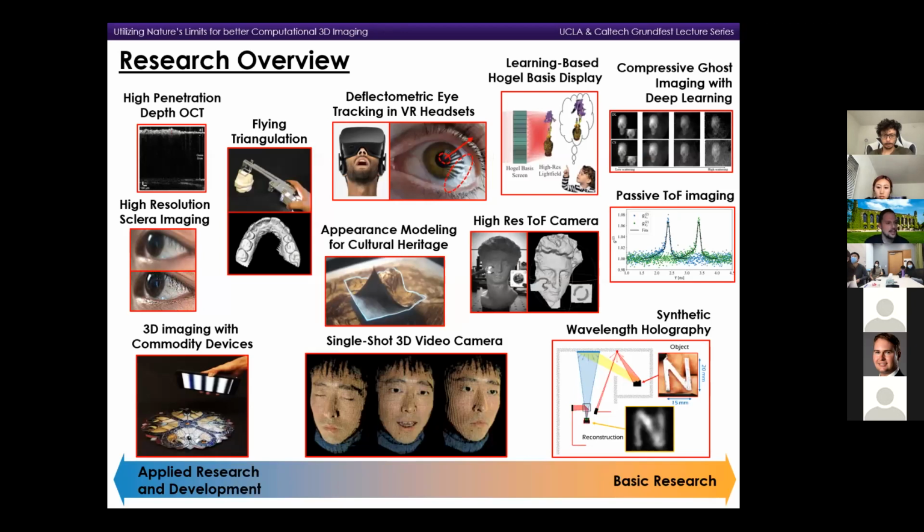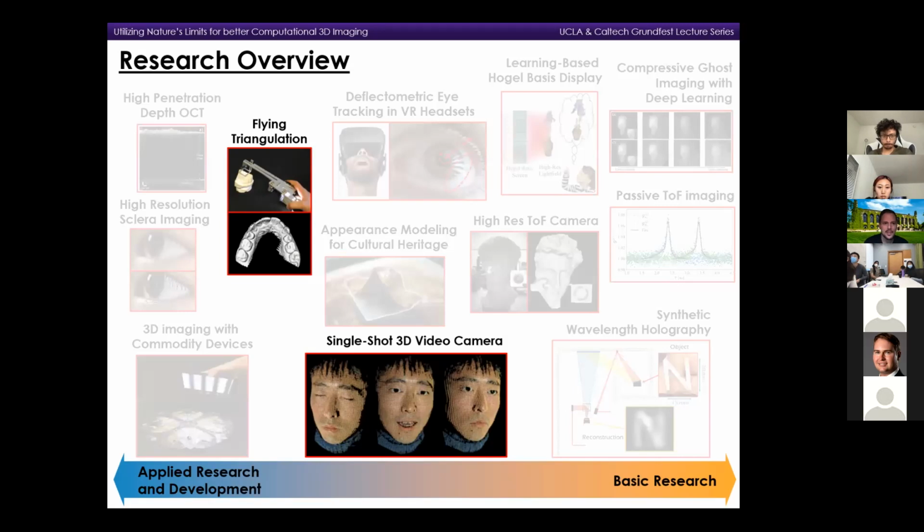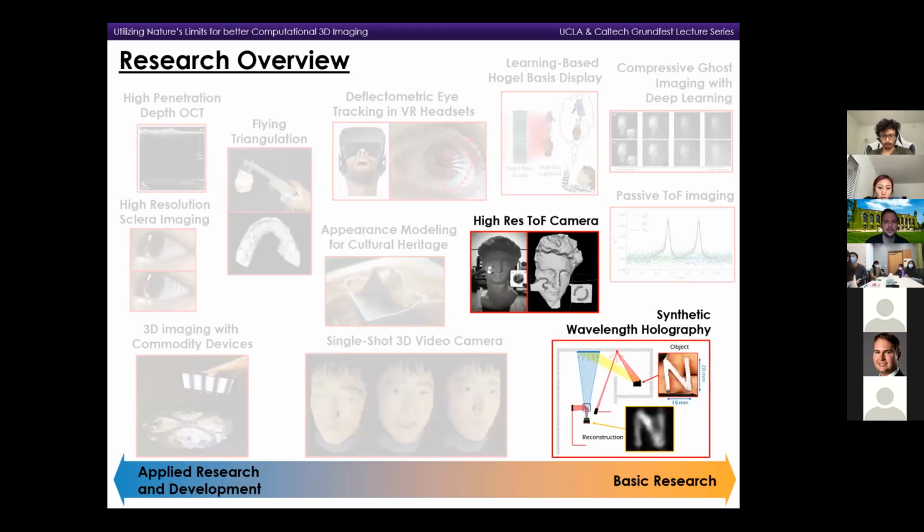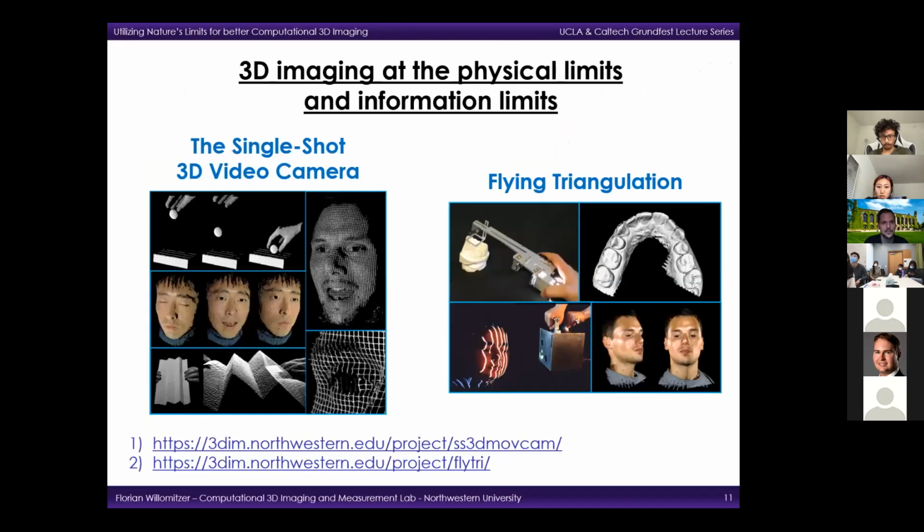So for today, I plan to talk about two subsets of my research projects. And these subsets are our triangulation measurement principles, which are working closely at the physical and information theoretical limits. And after that, I will talk about our synthetic wavelength imaging systems that recently received a lot of media attention, mainly because we can do something which is very fancy. And this is imaging objects around corners or through scattering media with a sub-millimeter precision. Yeah, and we will start with the triangulation-based principles.